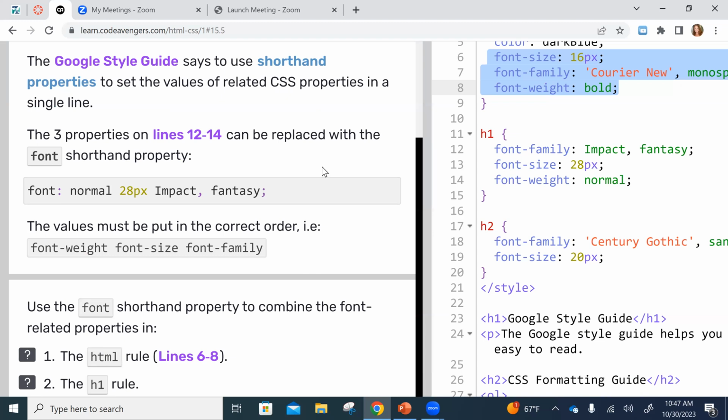Then we're taking the property values and putting them right beside the word font. Now, you just have to remember the correct order, okay? So font weight would go first, then font size, and then font family. This lesson is a good one to remember where it is, because I think there's a quiz that you're going